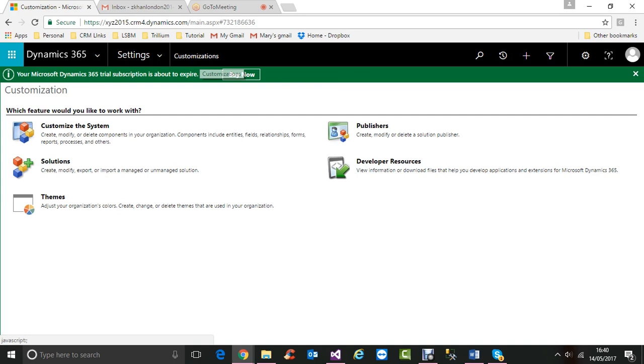A functional consultant does not know about coding. A support worker does not know about coding. He may also not know that much customization, but if you know, that would be very good. So these are the three main jobs, but there are so many other jobs: CRM analyst, CRM business analyst,